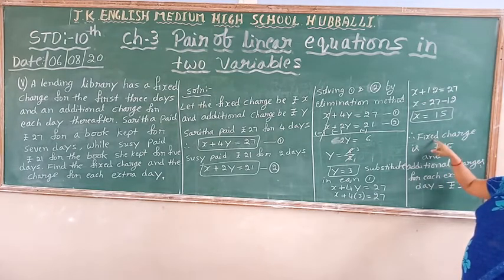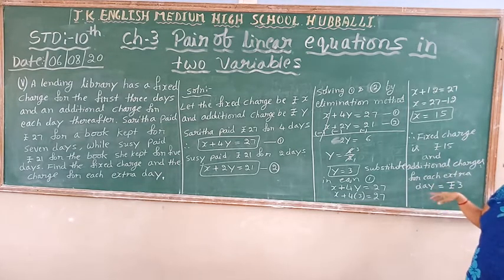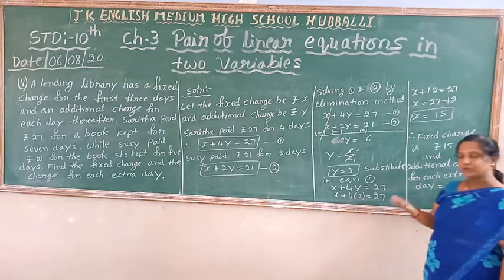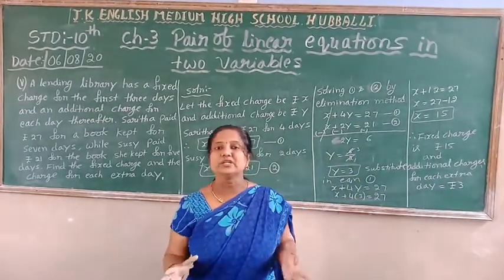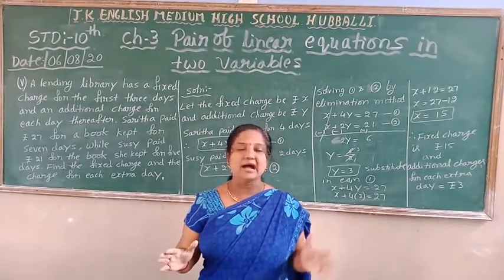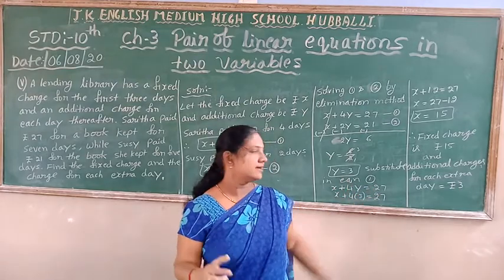Therefore, the fixed charge is rupees 15 for 3 days and the additional charge for each extra day is rupees 3. The y value I got is rupees 3 and the x value I got is rupees 15. The rupees 15 is the fixed charge for 3 days and the extra amount for each additional day is